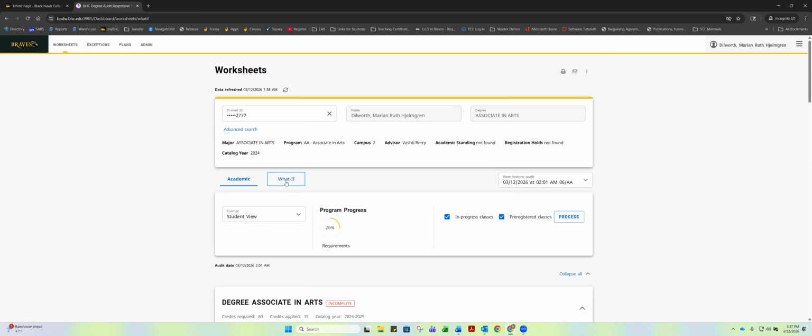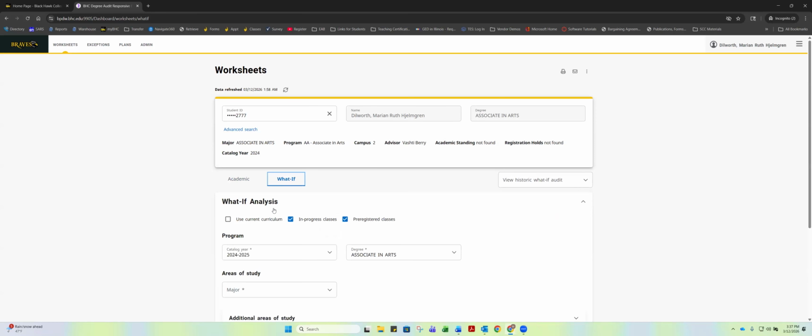If we scroll back up to the top, you'll see that there's a tab titled What If? When you click it, it will pull up the analysis filters. So let's say I'm interested in one of our Associate of Applied Science degrees, maybe the Agricultural Mechanics program, and want to see how my Gen Eds will apply. We will pull the current catalog year,